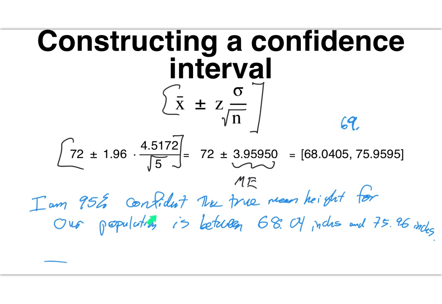All right, so this is the most common way of interpreting a confidence interval. What you do not say, which will be 100% wrong every single time, is there's a 95% probability that the true height is in there. That would be incorrect. Either the height is in or it's out. So it's either 100% guaranteed in or 0% guaranteed out. You can't say there's 95% probability that the true mean is in this confidence interval. We say I'm 95% confident that the actual average height for our population is somewhere in this range, between 68.04